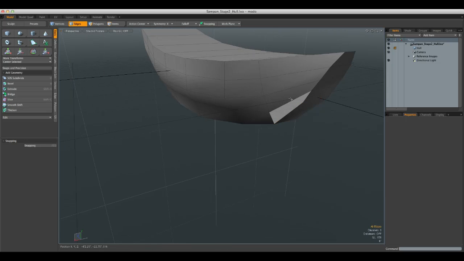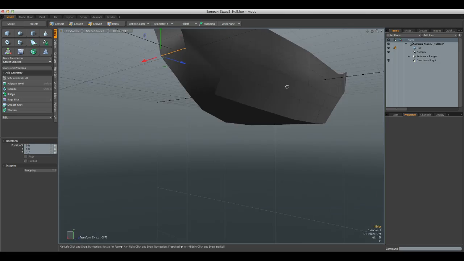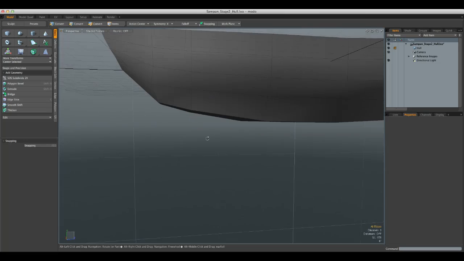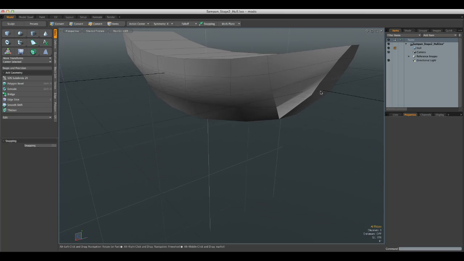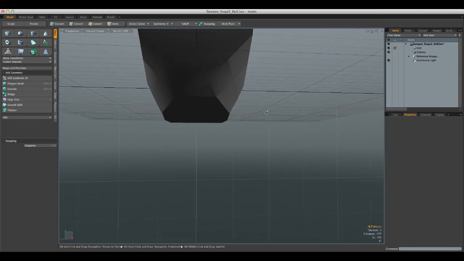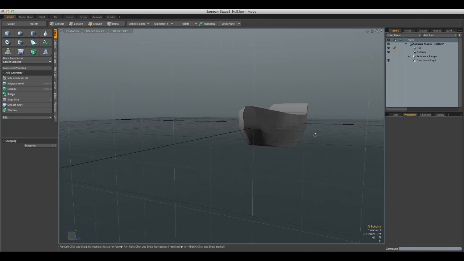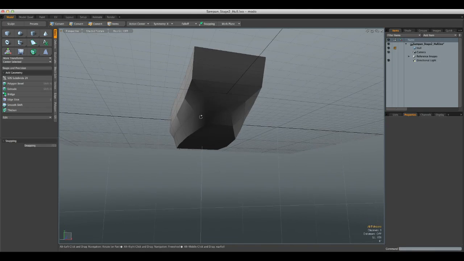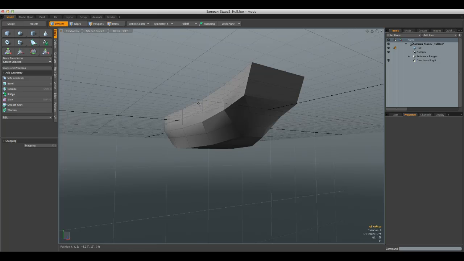Let's go over to edges. Okay. Okay, so there's the basic boat